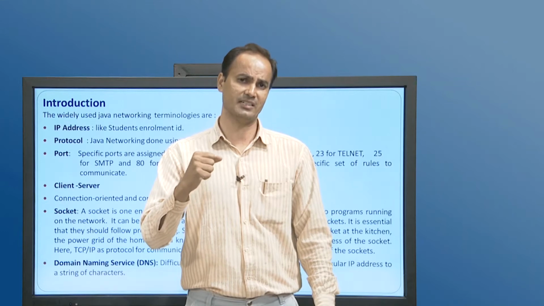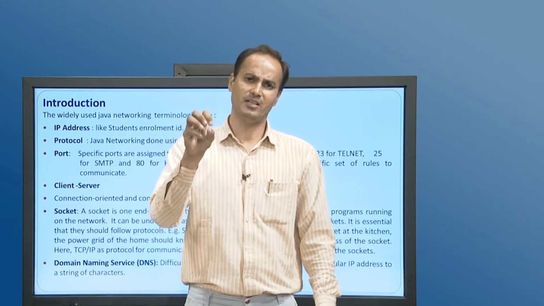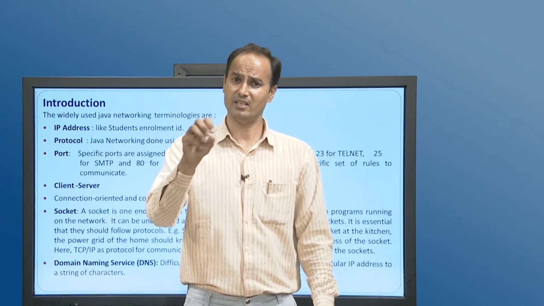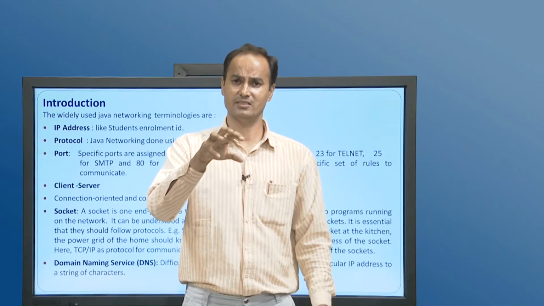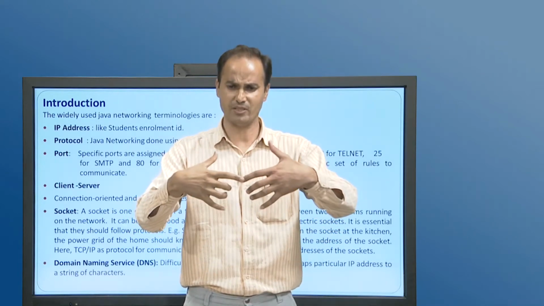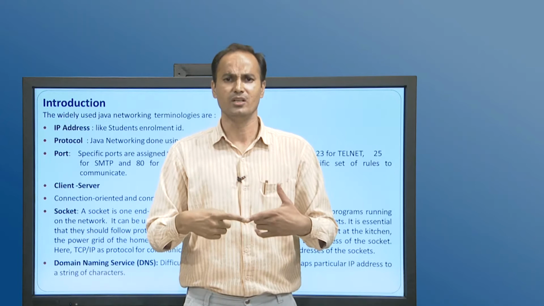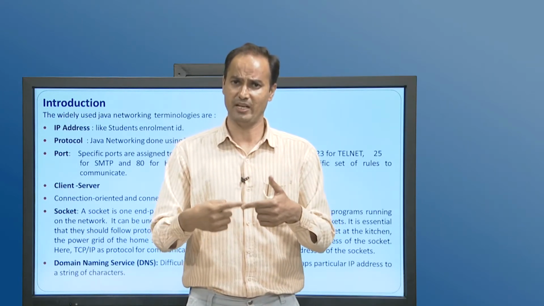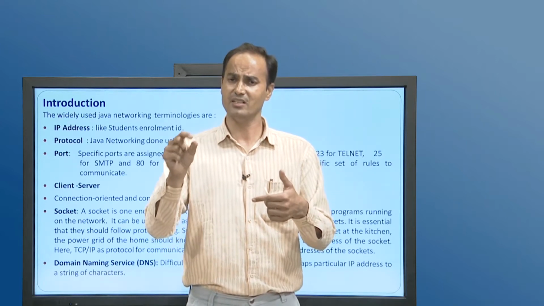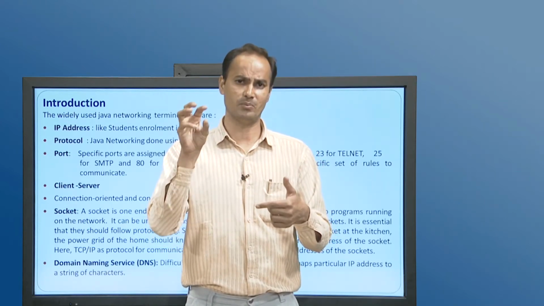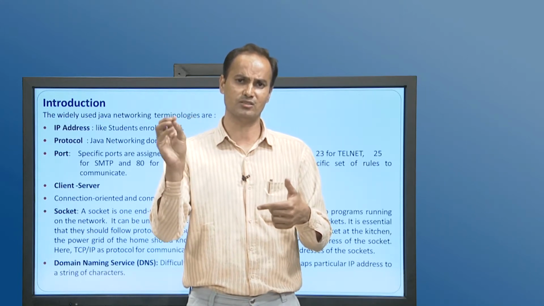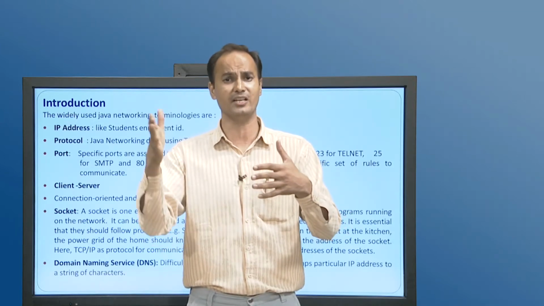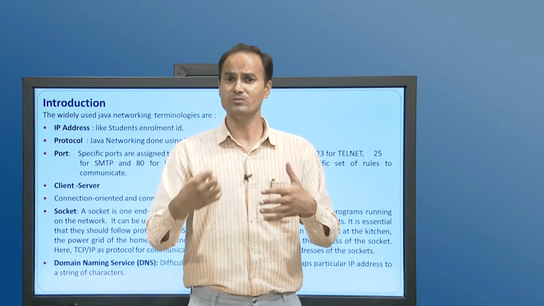So what happens in electric grids? Whenever we plug in a plug in a kitchen in a home, the protocols in a house's electric grid must be aware of where to establish a communication. As we have plugged in a kitchen, that means the socket address is there. The socket address will be fetched by the underlying protocol, and the communication will take place based on the address it has in a home electric grid.